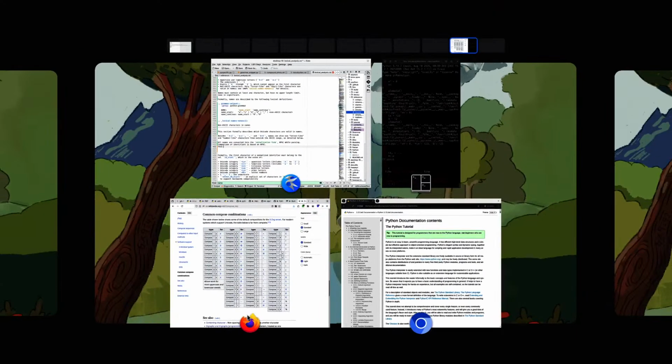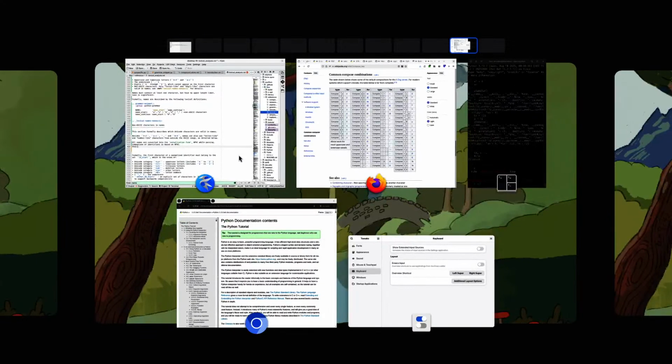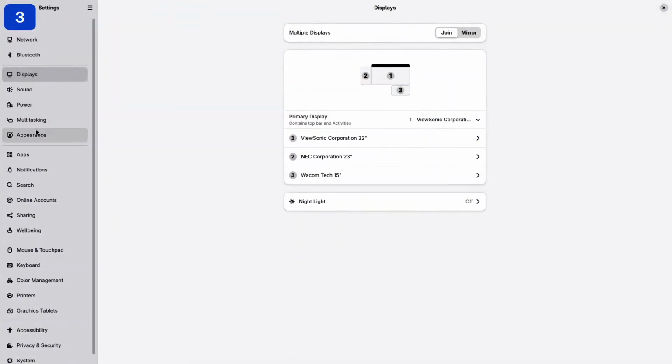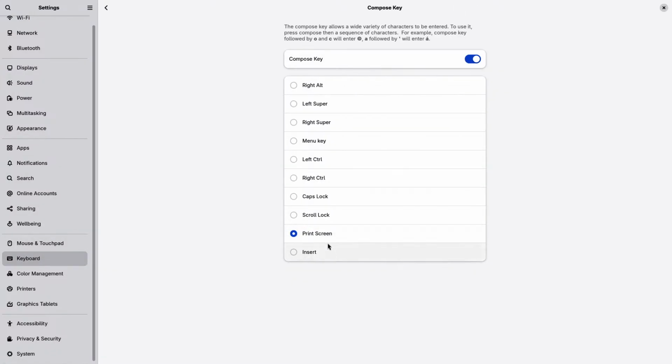And if you use GNOME, I don't know if it's in settings or tweaks. There's a tweak app, but they've moved it to settings now, where you can say compose key is print screen. So if I push the key that's labeled print screen on my keyboard, that gives me the compose key. It's really, really useful.